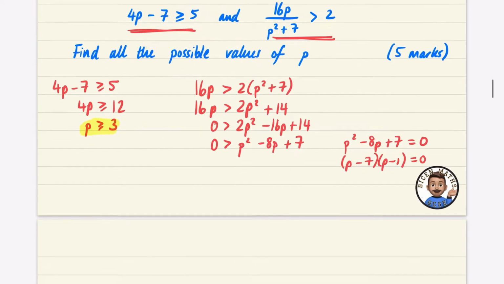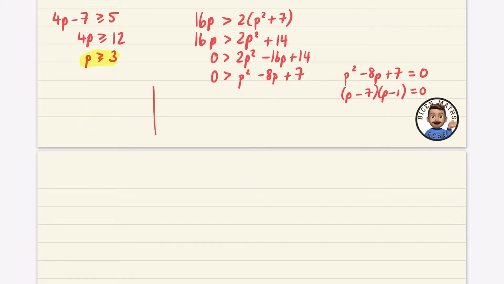So when I do a sketch of what this is going to look like, we're going to say that it's crossing at 7 and 1. Again, I'm not that bothered about the sketch being too accurate, but it's between 1 and 7. And we want the graph to be less than 0. So less than 0 is everything that's underneath the line. Less than 0 is this section. So we are referring to p being in between